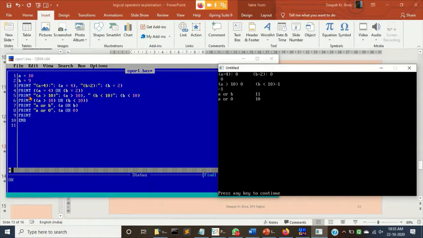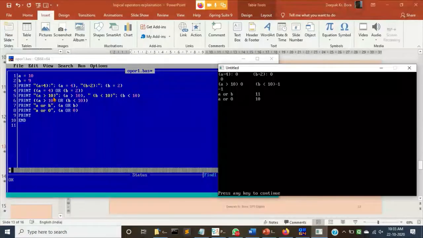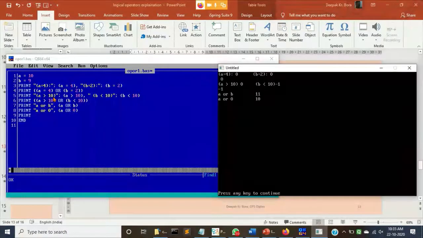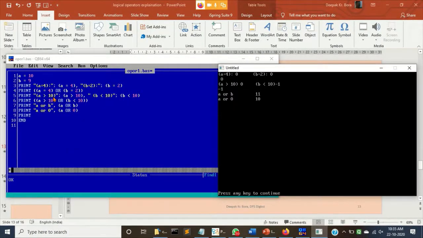Actually, I have not given two brackets. I have given A is equal to 4 as an expression. Therefore I have put it within a bracket so that it will be executed first. Here also the same BODMAS rule will be followed. I want to evaluate A equal to 4 first, and after that evaluation, the output has to be compared with the OR. Therefore, I have put the bracket. And then I have put the overall bracket so that it becomes an expression. Clear?